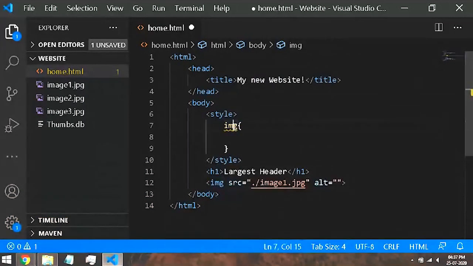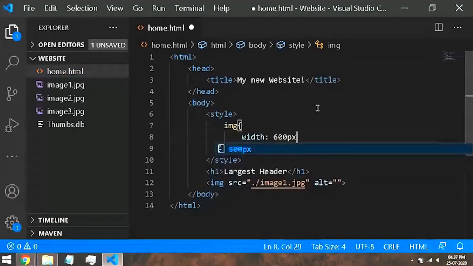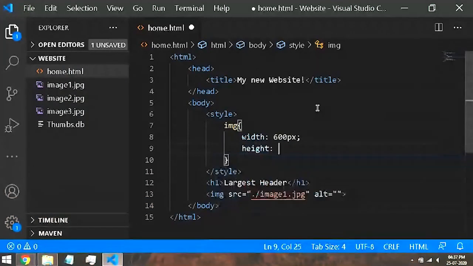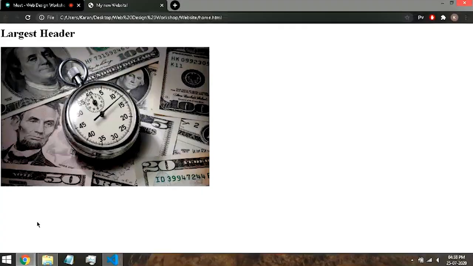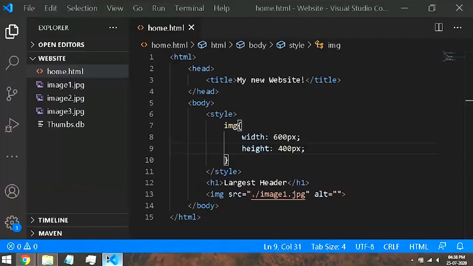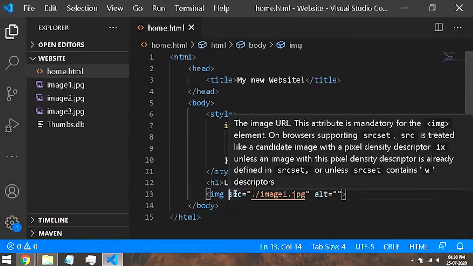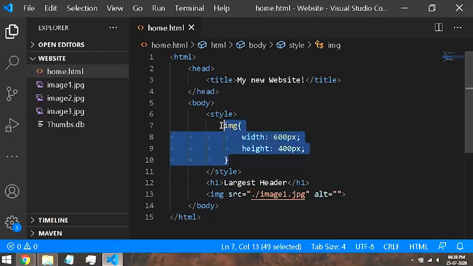If it's image, directly say image. Now here again, I will be specifying the width like before, 600 pixels, and height will be 400 pixels. Again, I'm hard coding the values, but I will just show you that there was no change within the web page. That means saying it here or saying it here is the same thing.